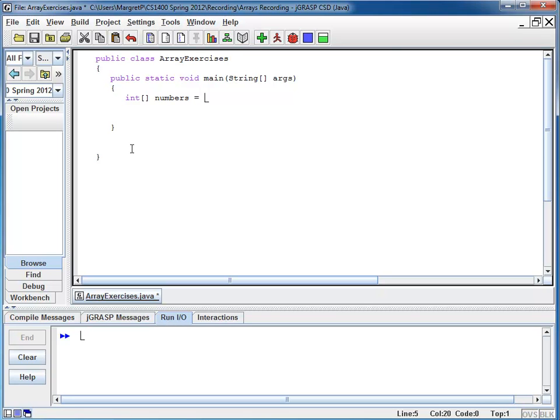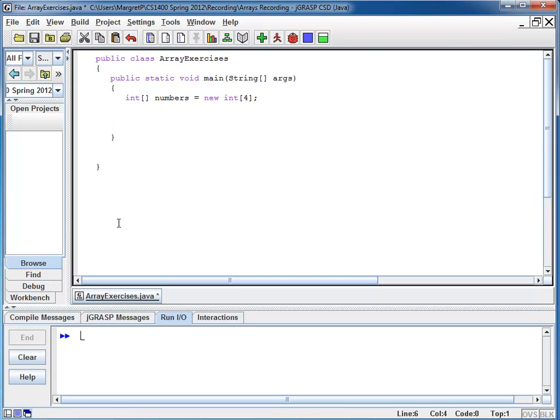We're going to initialize my variable numbers with a new array. I'm going to use the new operator because Java arrays are reference types, so we need a new operator. And my new operator is followed by the type of the element, the rectangular bracket, and the size of my array. So in my case, 4 is the size, which means I'm going to create an integer array with 4